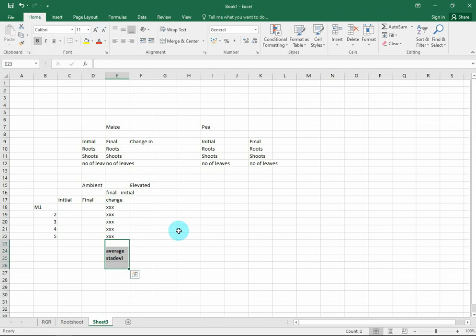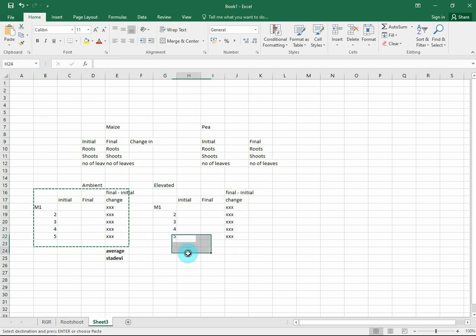We do not need the initial and final values in the appendix. We don't even need the change in the appendix. All we need is this average and standard deviation. We're not going to look at your appendix unless it's relevant information, such as a photo or something like that. And then obviously you're going to do the exact same for elevated, and then lo and behold, you should get a value. So you should have 4 values